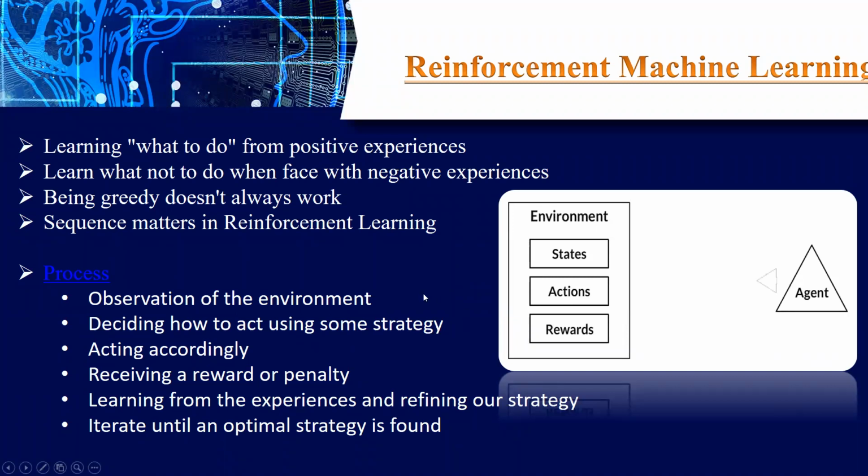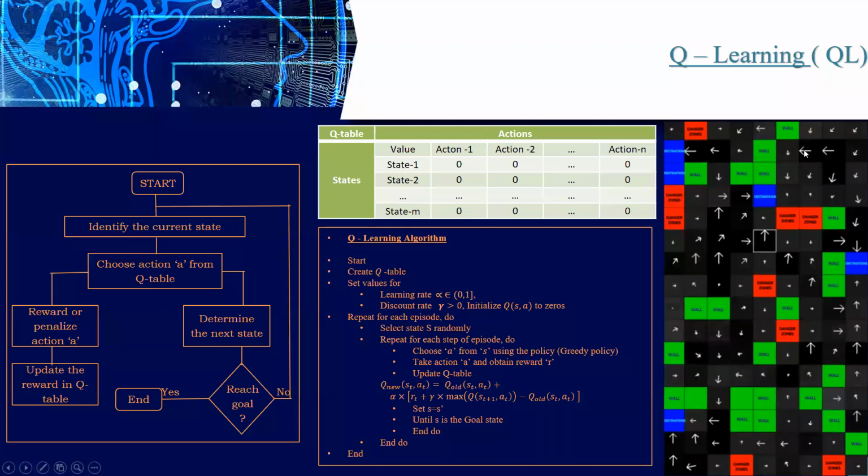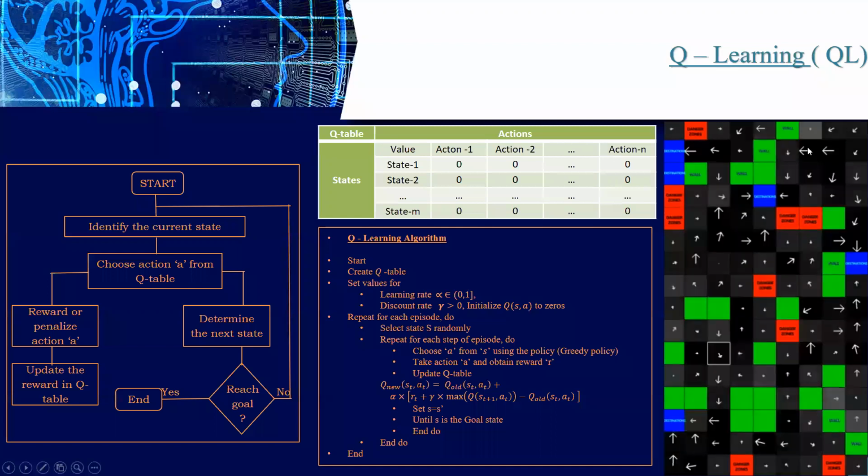Let's consider one example of how we are doing this. Let's say this is our environment, and this is a board. Here you can see one board, right? At each and every cell, let's say this is one cell, we have to take one direction. For example, when the player is here, we have to move the player like this. When the player is here, we have to move the player like this.